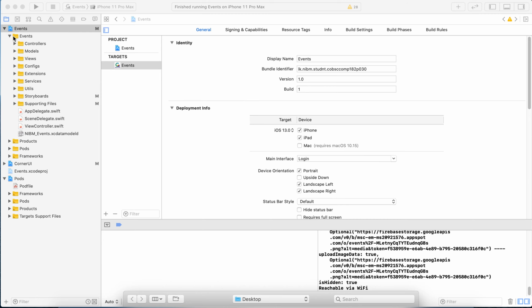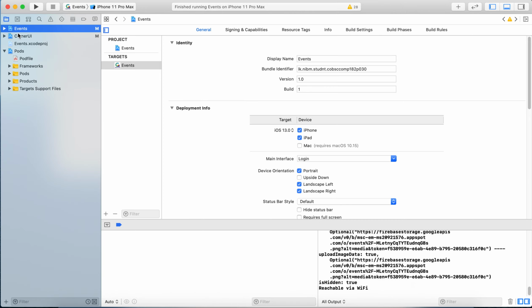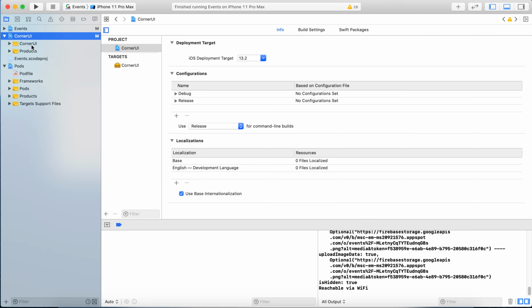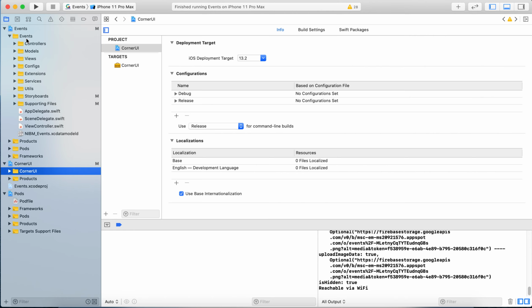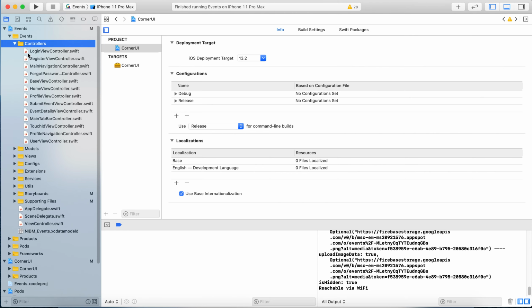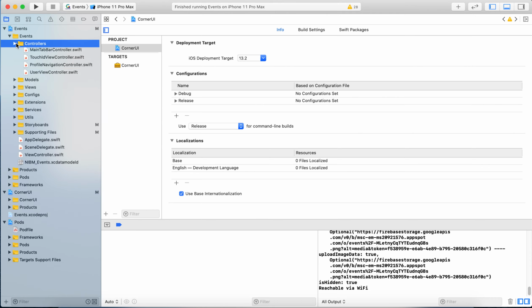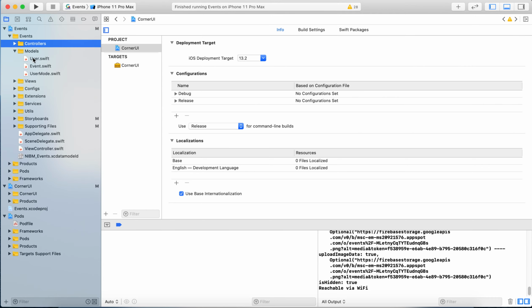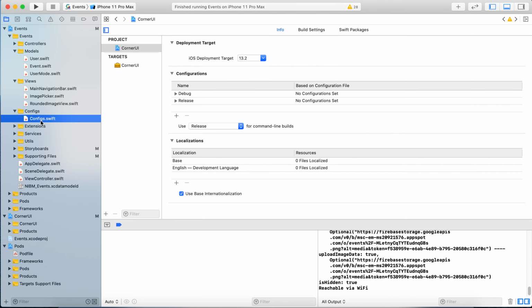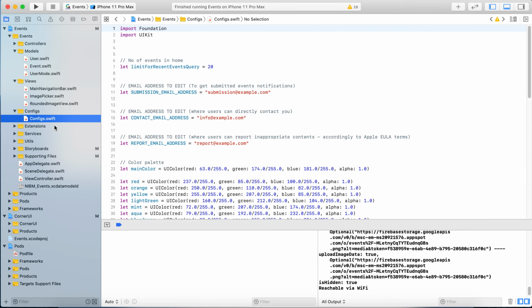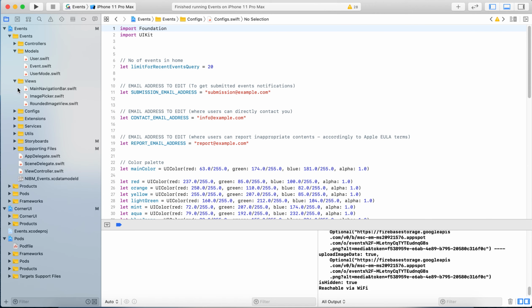Architecture being implemented with two different projects. One is a custom component for corner button and corner text fields. The other project, the main project, has the controllers in the controllers folder, models in the model folder, and views in the views folder. Also the configuration which is used in the application is saved in the configs folder,